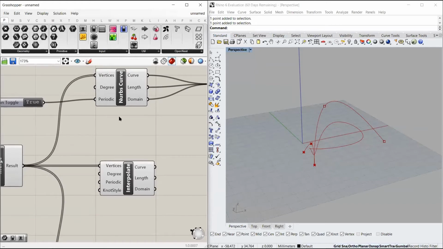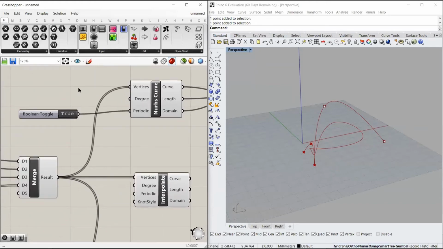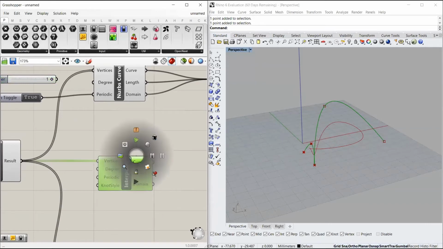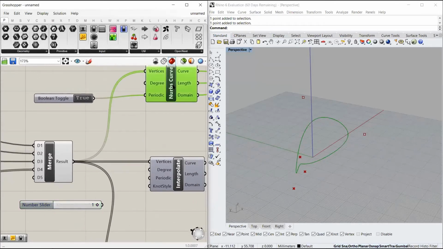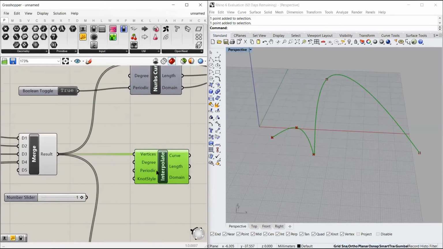Now, to just understand how the degree works, let us input a value 1 to this degree. I will just switch off the preview for this NURBS curve and input it for the interpolated curve, because it would be better understanding for the interpolated curve.